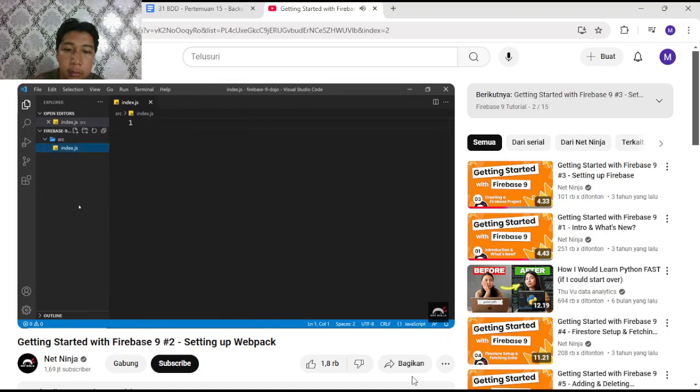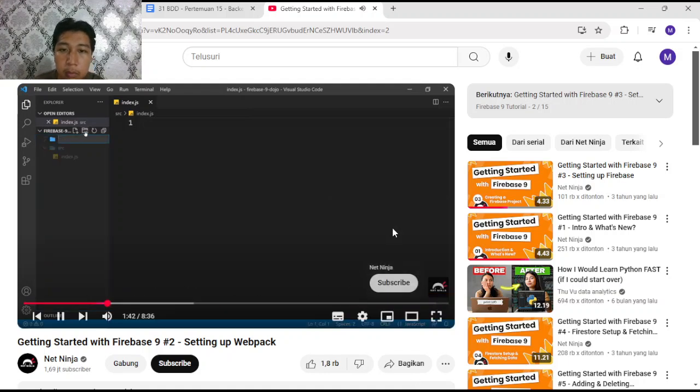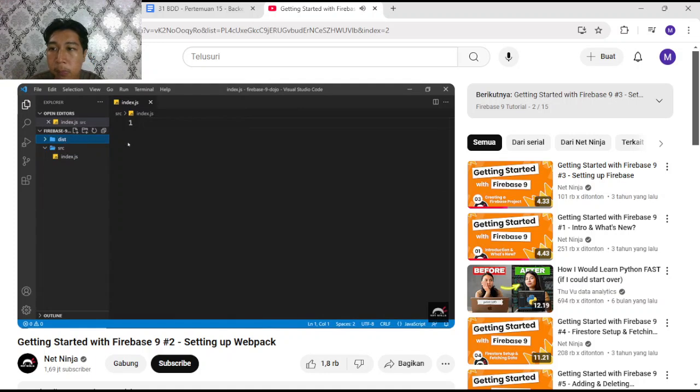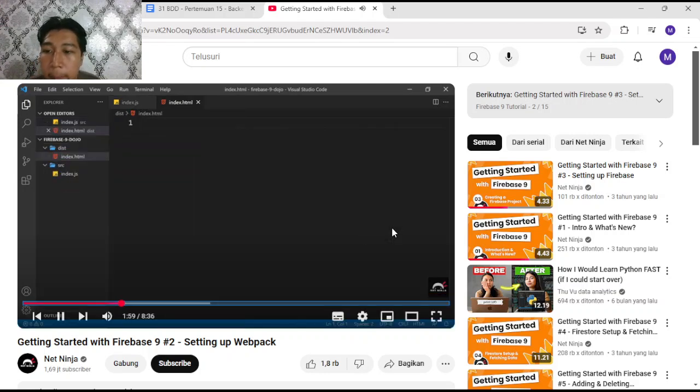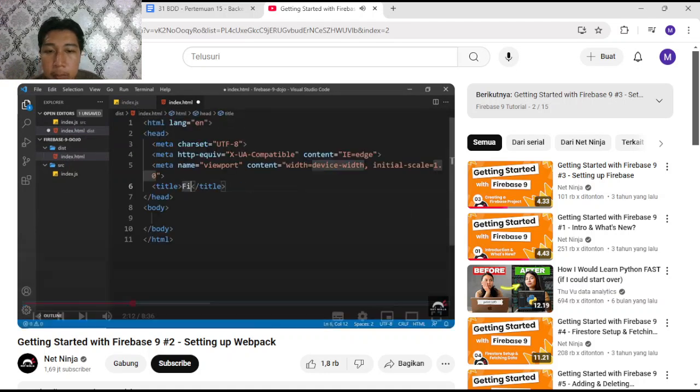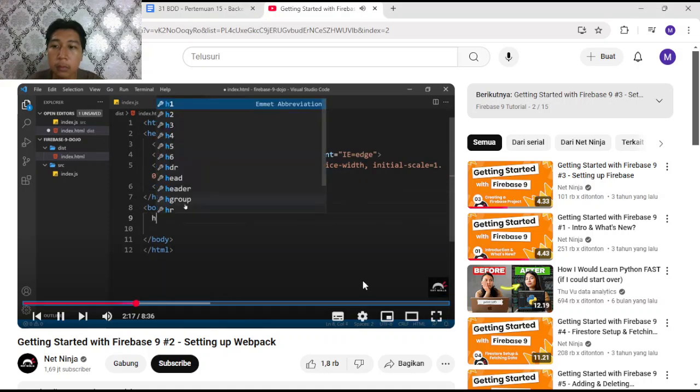The next thing I'll do is create a dist folder. Now this is where our final bundled JavaScript code is going to live, and we'll specify that to Webpack shortly. Also inside this folder, I'm going to create an index.html file, linking to our bundled JavaScript file. Now then I'm just going to update the title to say Firebase 9, and also